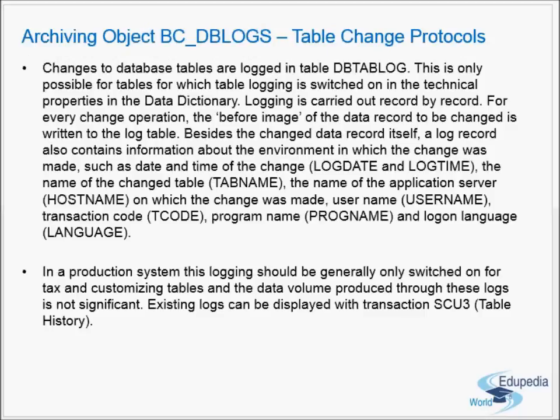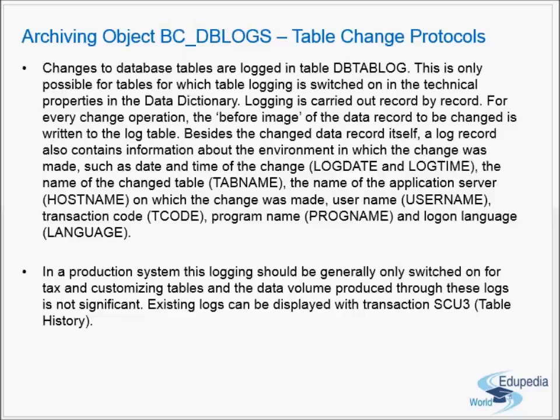Now the next one, the archiving object BC_DBLOGS, the table change protocols. This is an interesting table. The changes to database tables are logged in table DBTABLOG. Now we make changes to database tables, and even these changes are captured in a different table known as DBTABLOG. This is only possible for tables for which table logging is switched on in the technical properties in